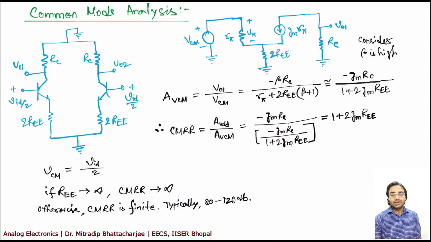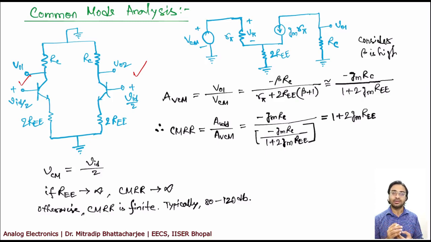Why are we always looking at common mode gain? The reason is, consider there is noise in your signal. VID is your input signal, right? Consider there is noise. Now this noise will be equal in both the inputs, left side and right side, in T1 and T2, or say M1 and M2 in case of MOSFET. Now if there is noise, this noise will appear as a common mode signal to the differential amplifier. So we want to see what the gain of that common mode is.